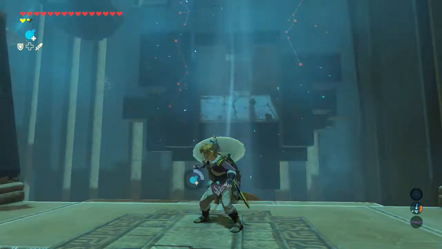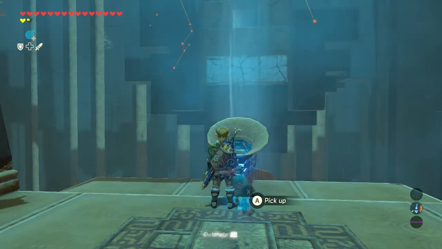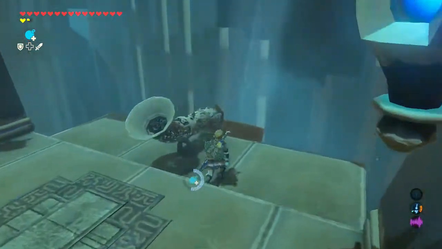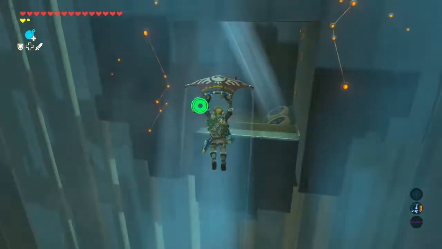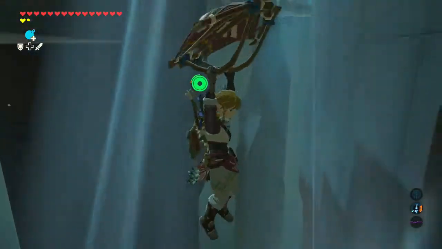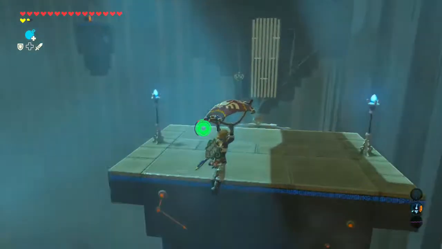You're going to have to do a few timing puzzles. It's a pretty fun concept. I like it a lot. And there's an easy way to break it. There's a really easy way to break it, which we'll get to in a minute. I'm gonna go the actual intended route at first, but once we get to the kind of annoying part of it, I'm gonna just snap this shrine in half by showing you something super crazy and super neat.